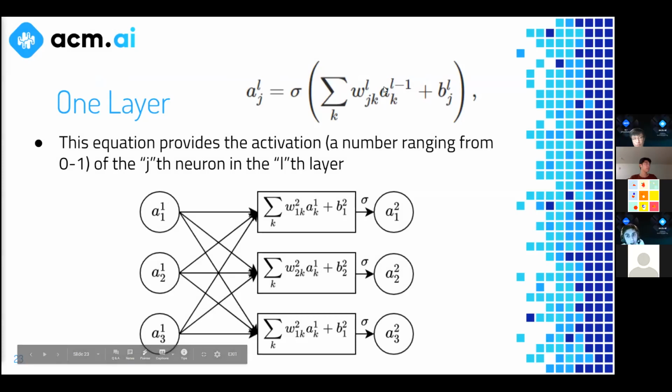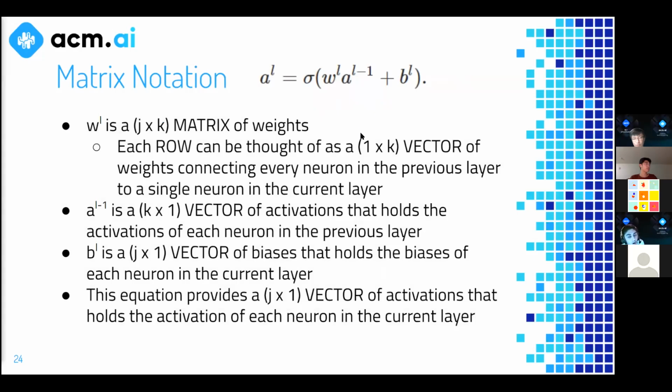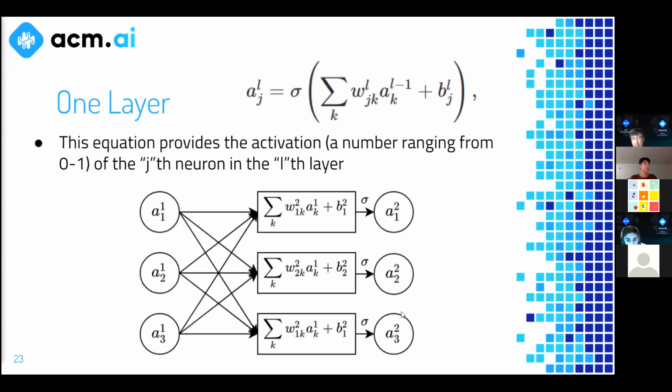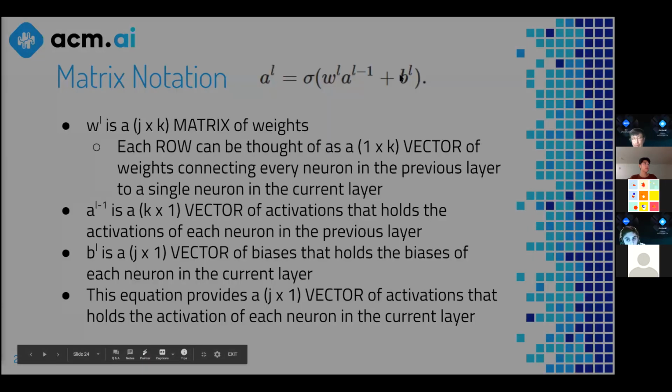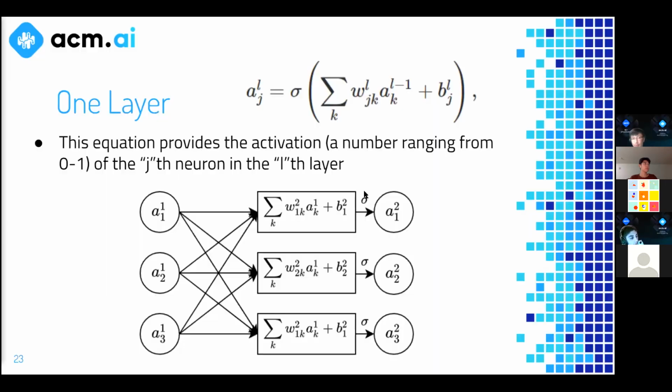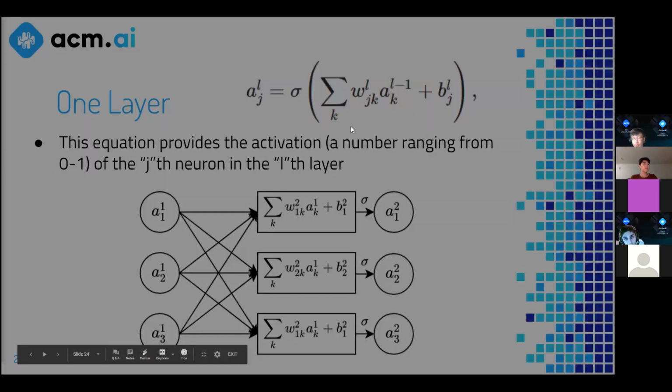Okay, and then BL. So I'm going to pose this as a question now. For this example on the previous slide with the 3 neurons, how many elements would the matrix or the vector BL have in it? Someone feel free to unmute or say in the chat what you think. Okay, 3 by 1. Yeah. So 3 by 1, right? 3 rows, 1 column. That's correct. And it makes sense, right?